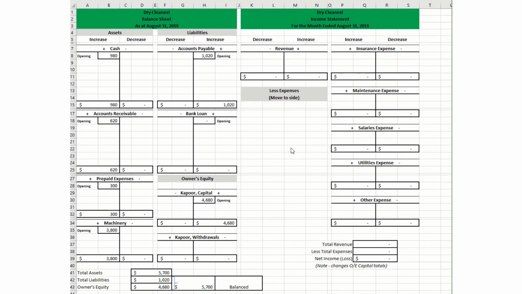So to carry on from the previous component, we now want to post the 8 transactions into the worksheet to determine the closing balances for each of the general ledger accounts, and then also to validate that assets continue to equal liabilities plus owner's equity. First transaction was the owner borrowed $10,000 from the bank. So we will add $10,000 to cash, and we will increase the bank loan for the same amount